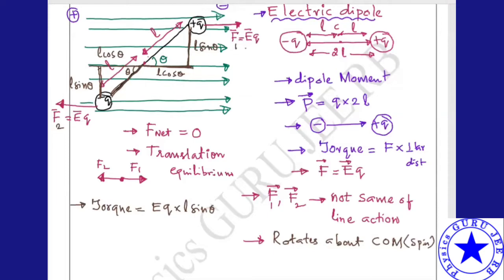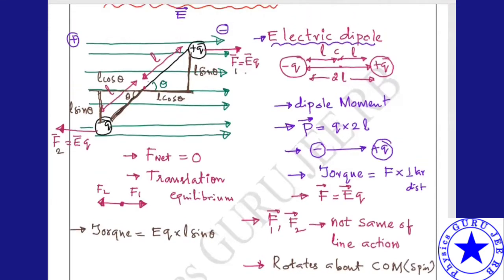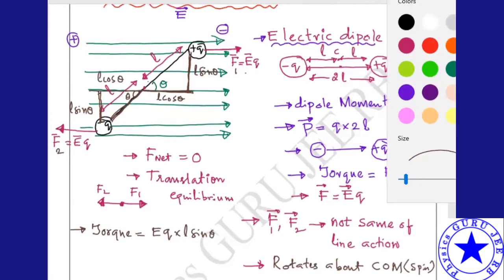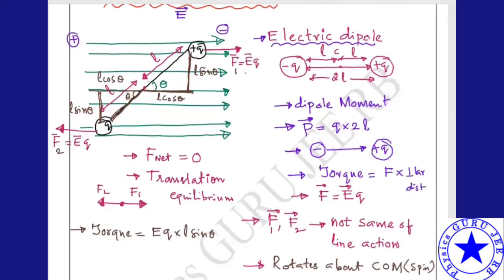Next, what we have to do now? Let us see very carefully. Rotation is taking place. How is it rotating? Let me show clearly here. It is rotating like this, right? The first one is rotating in this direction. Which direction is it going? Clockwise direction. Here you can also see force into perpendicular distance, which is also in a clockwise direction. So this is a clockwise direction, and here also a clockwise direction.